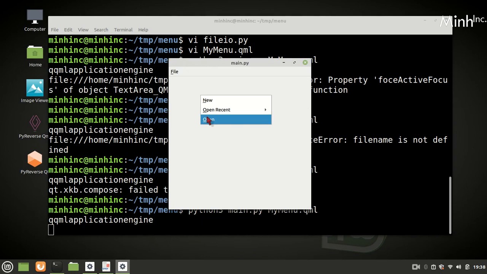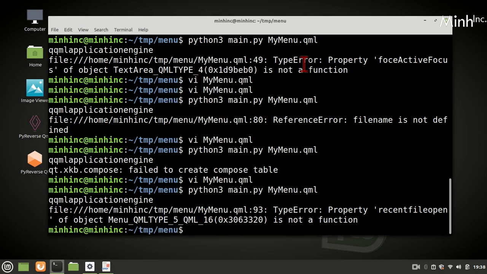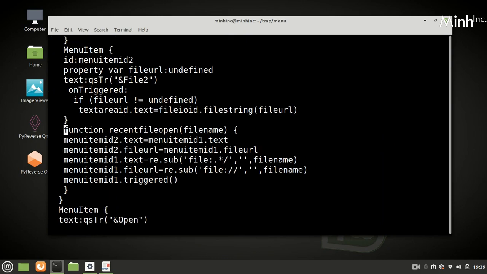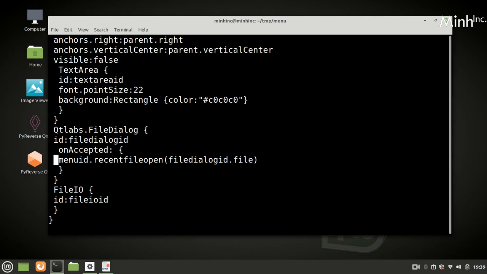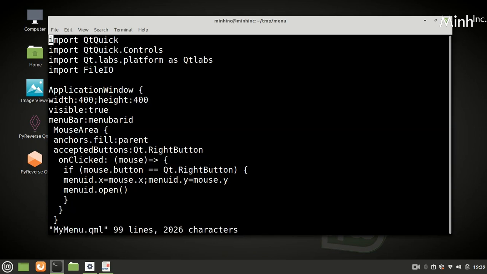Now we'll open a file. Recent file open is not a function. Recent file open, file name, menu id recent file open, file id 93.